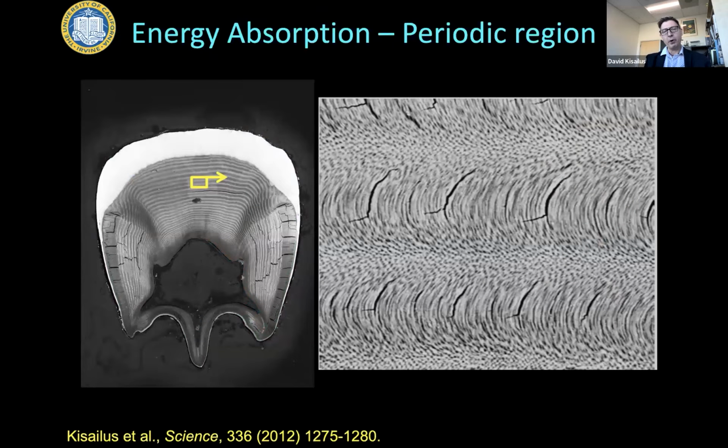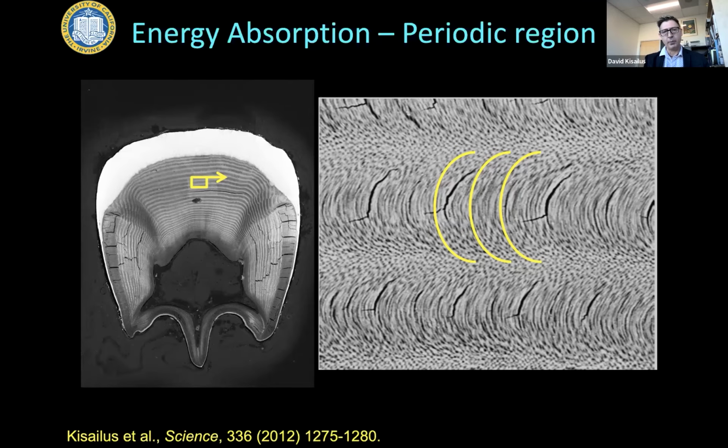So we found inside this periodic region a very interesting architecture. And when we were looking at this cross section, we noticed cracks. And the cracks didn't follow a straight line. They have these kind of C-shaped curved cracks. And we were wondering, what happens to those cracks? This organism is just pounding and pounding away at its prey, and it's developing cracks. But the cracks all stay inside the club. They actually don't propagate out of the club, and the club does not fracture. It holds intact.